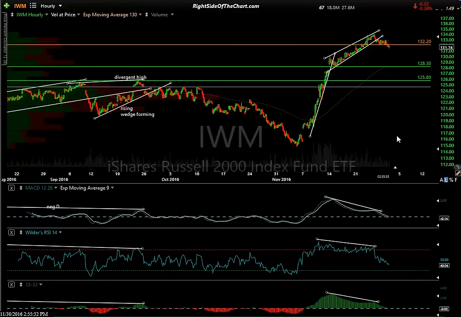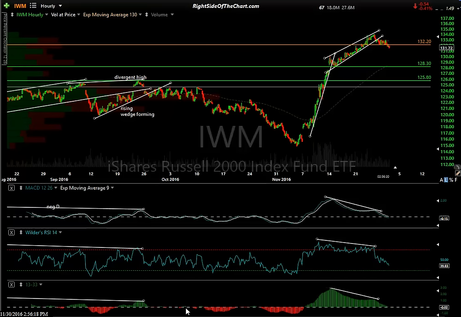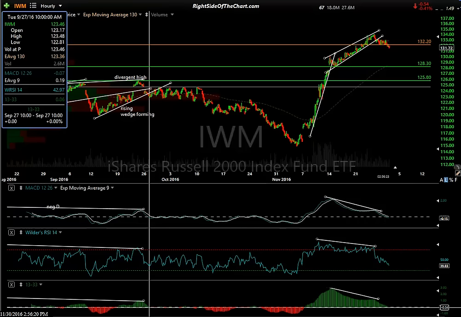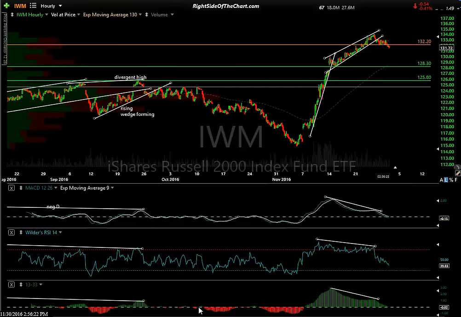Now here's the chart I put up today on the front page, IWM 60-minute chart. Pretty self-explanatory. You have negative divergence across the board. MACD, RSI is a trend indicator I use with the 13 and 33 EMA pairs. It's used as a trend indicator, but you can also use the histogram to note divergences. Now the histogram just shows when that pair crosses. So you can see when that trend indicator is below zero, it's red, and it indicates it crossed down here. There were a few whipsaw signals because IWM was trading mostly flat, but you can see we